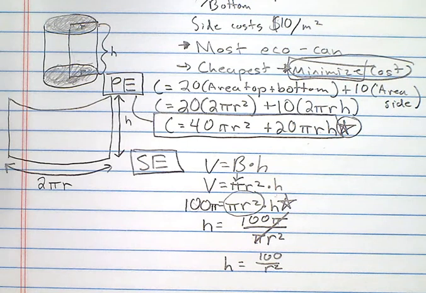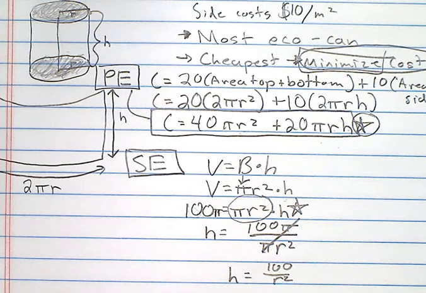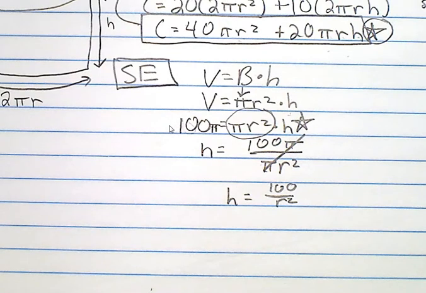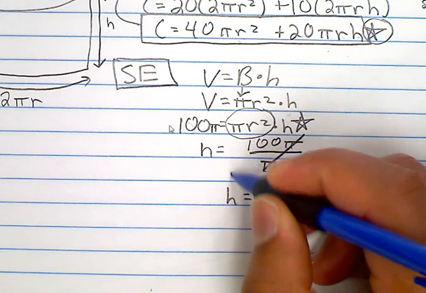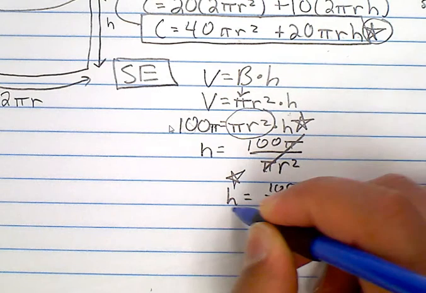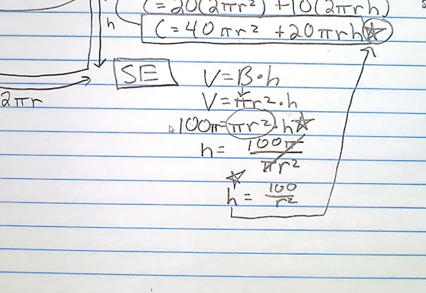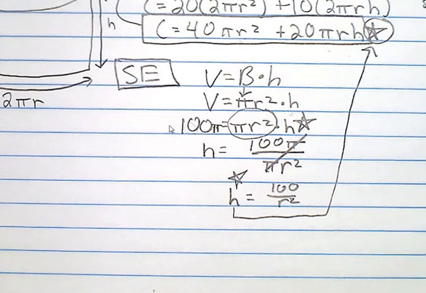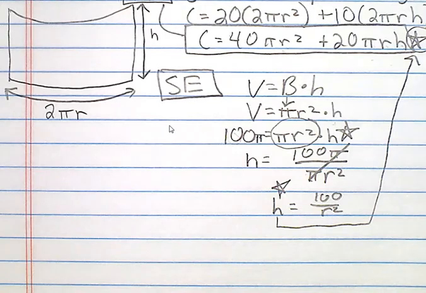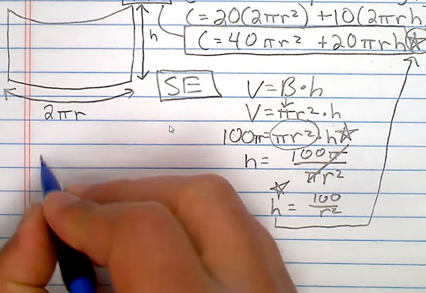Alright, so let me zoom in a little bit more. So we have 100 over r squared for our height, and what are we going to do with that? Yep, because this is now where I need to substitute that in there to make my primary equation viable and usable. Alright, so now C is equal to